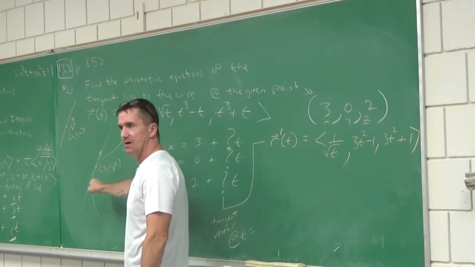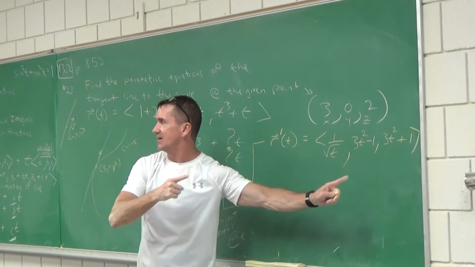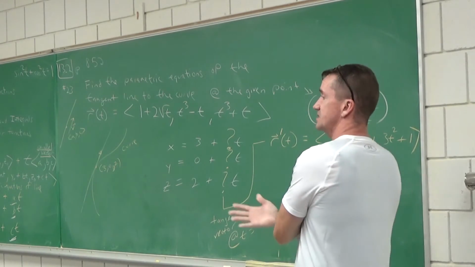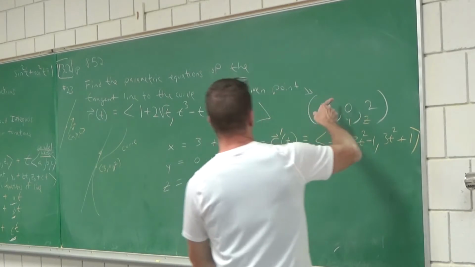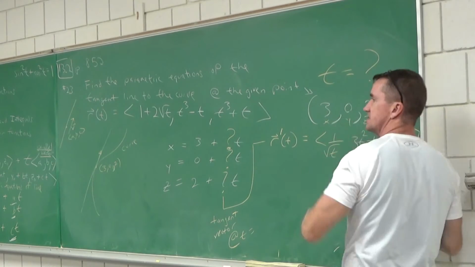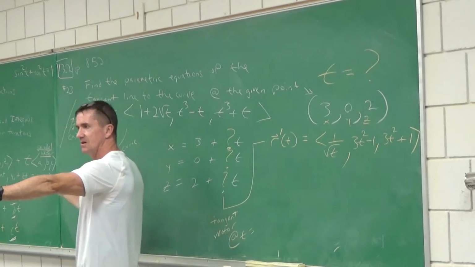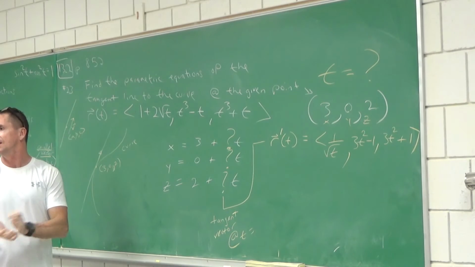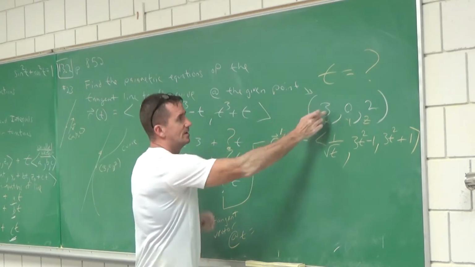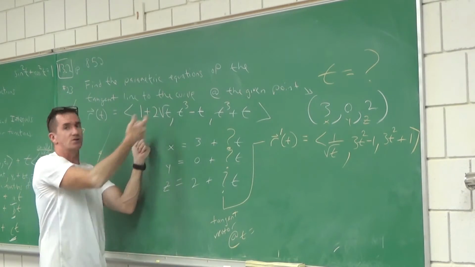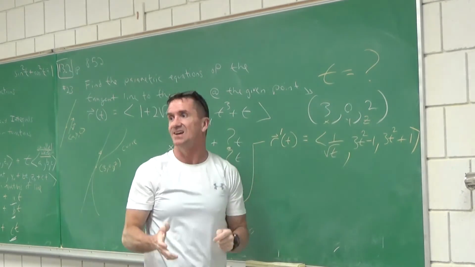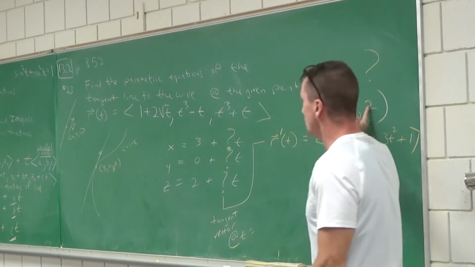We're going to evaluate these at a t value. The mystery is they didn't tell you the t value. So does anybody have a suggestion when we get lost like this? This is a theme in Calc 3. How do I know the missing t value when x is 3 and y is 0 and z is 2? What's the t value there? Just say 3 equals 1 plus 2 root t. That's the secret. So when this happens to you in our course, just go to the original point, set it equal to the original x component, and solve for t. If it bugs you, maybe try these two. Pick the easiest of the three to figure out the t value. Right? What does 2 have to equal?